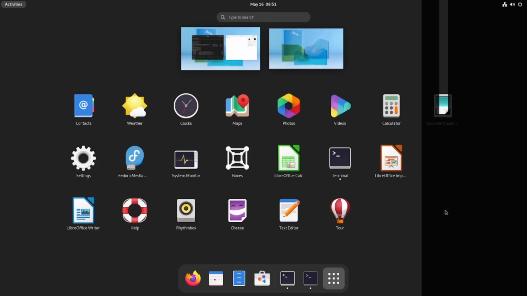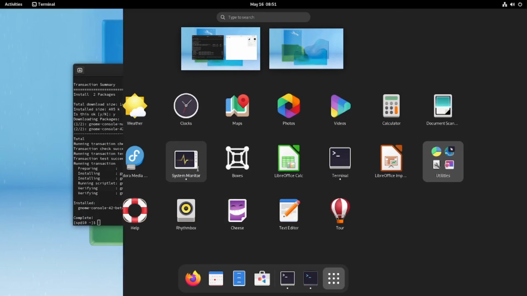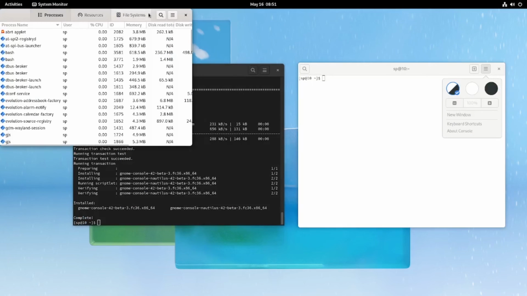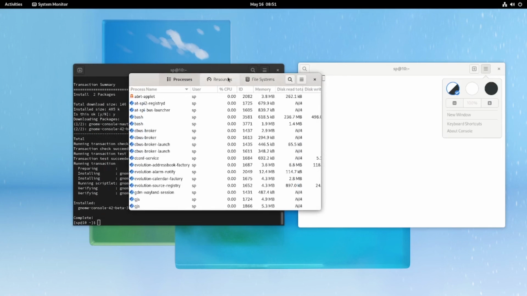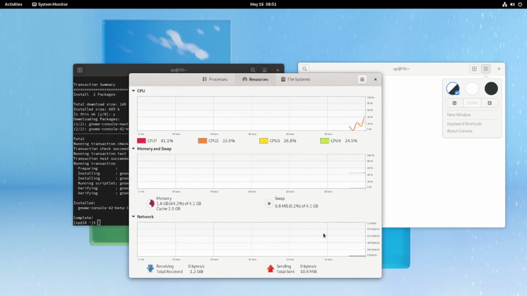I forgot to check the resource usage. Let's try. Memory and swap. So the default memory when the condition is idle.